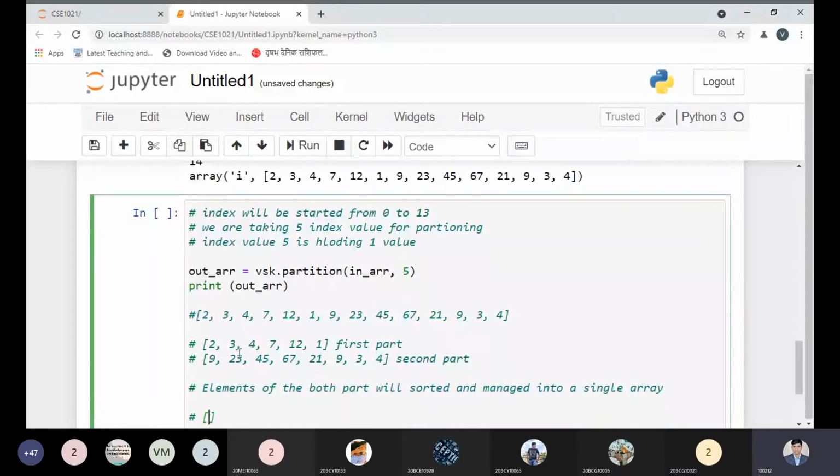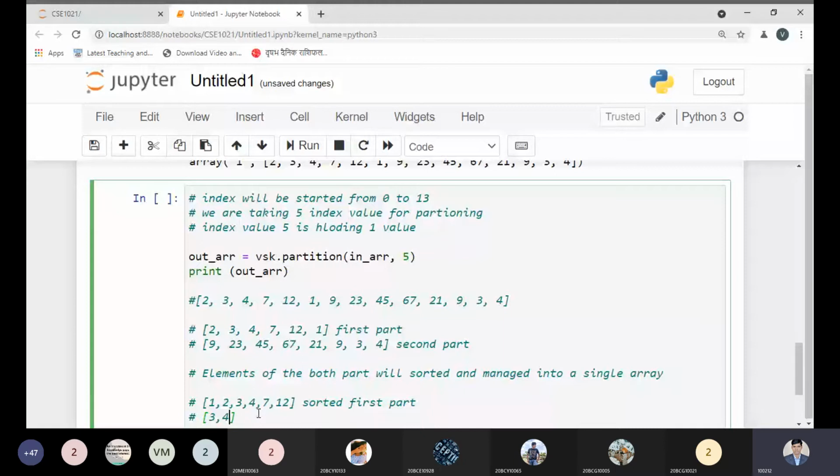Tell me. 1, 2, 3, 7, 12. Can I say 1, 2, 3, 4, 7, 12? Yes, sir. Now the sorted second part we will have over here: 3, 4, 9, 9, 21, 23, 45, and 67.